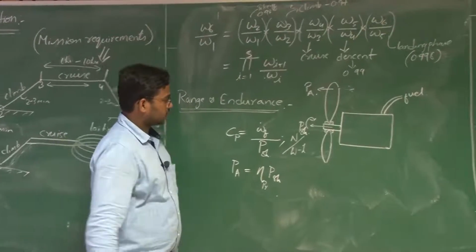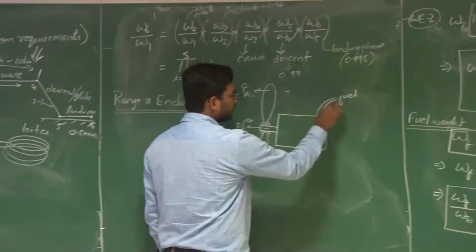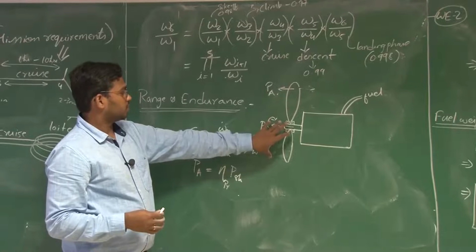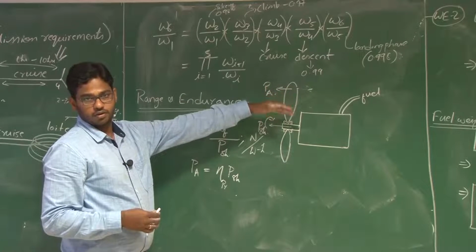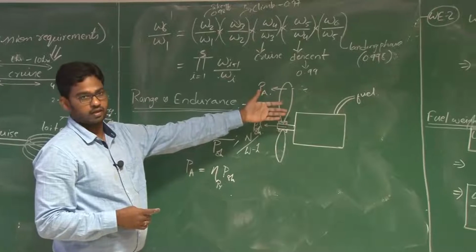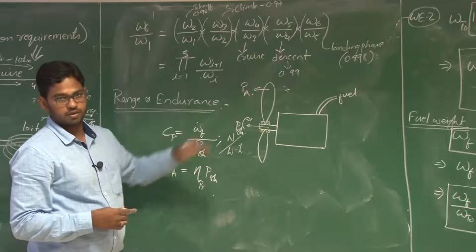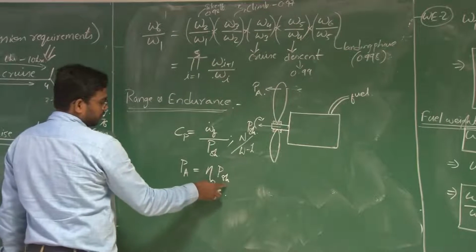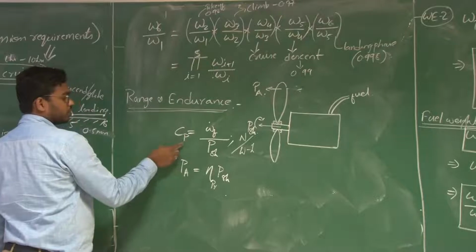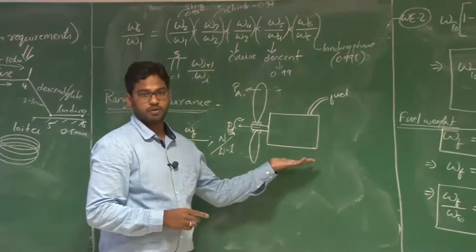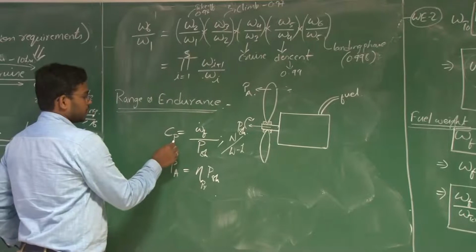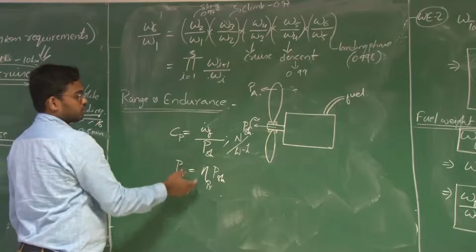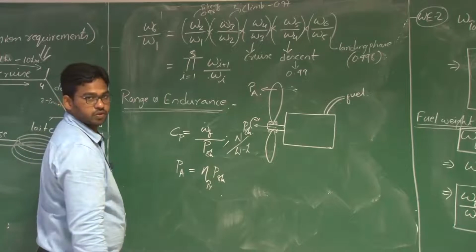So coming back to this, whatever the shaft power available, either from the fuel based or the electric based engine, it has to be multiplied by the efficiency factor of the propeller or the ducted fan to get the available power. So the power available is the propeller efficiency times shaft power, and we have defined something called specific fuel consumption of this propeller based engine. So specific fuel consumption here is equal to the amount of fuel consumed to produce unit power, right?